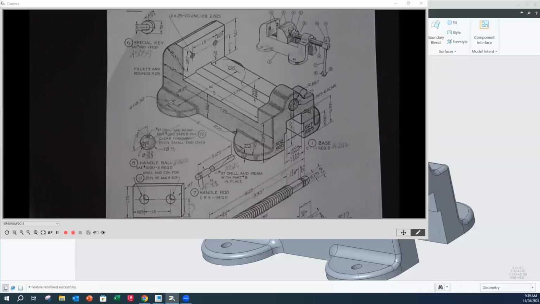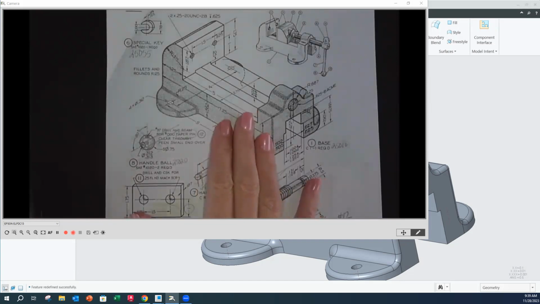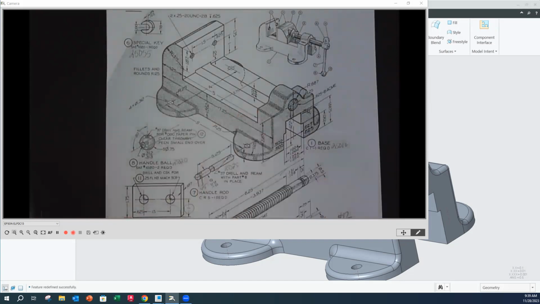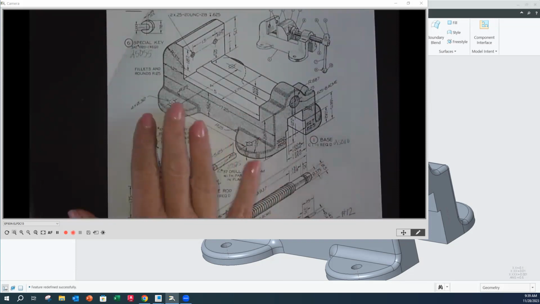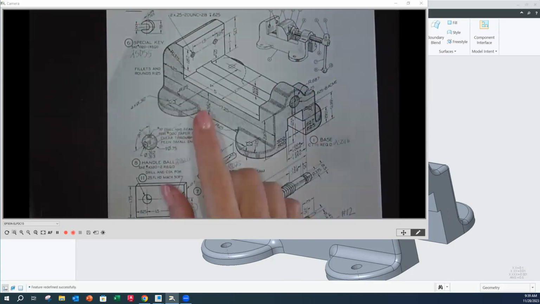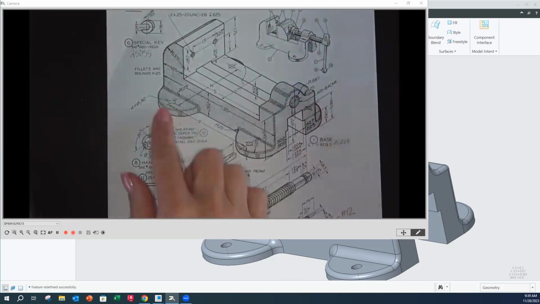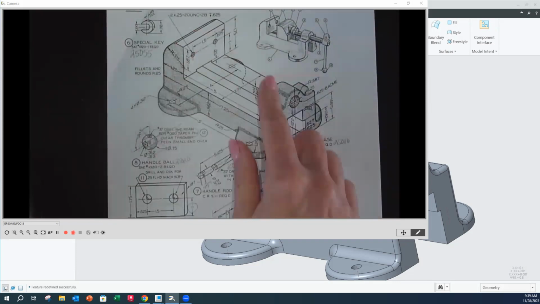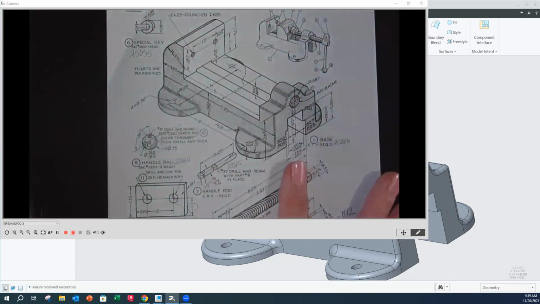Hey there, this video is dedicated to looking at this base for our machine vice project. Now, I'm going to start by looking at the model at a couple of the features specifically, but for the most part, you should be able to completely create this model. And then there's some little nuances that I want to let you know about as we finish up